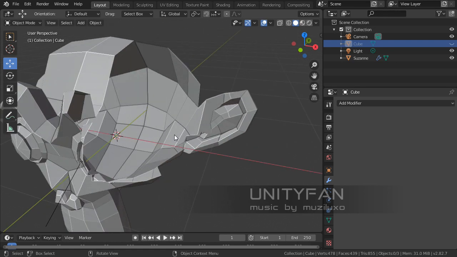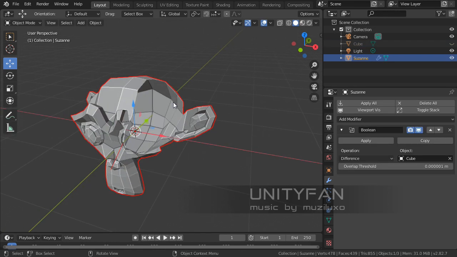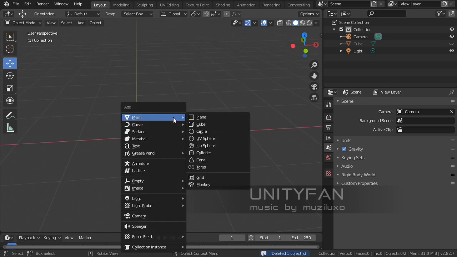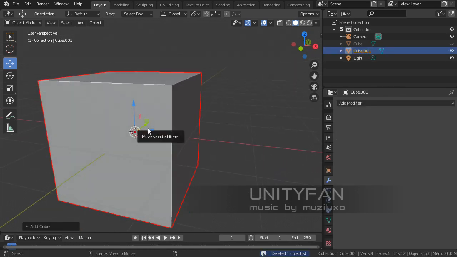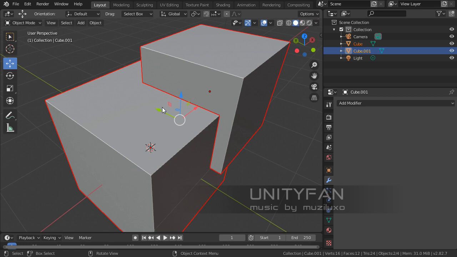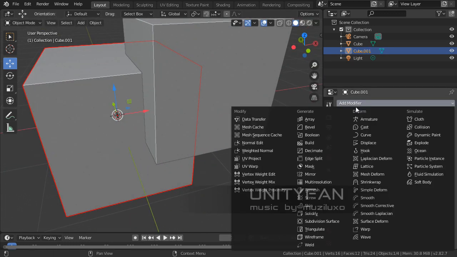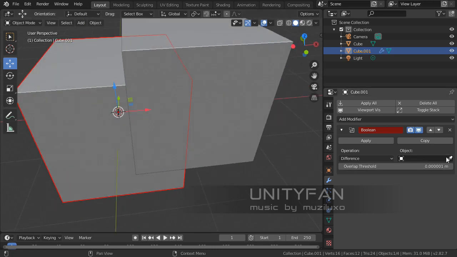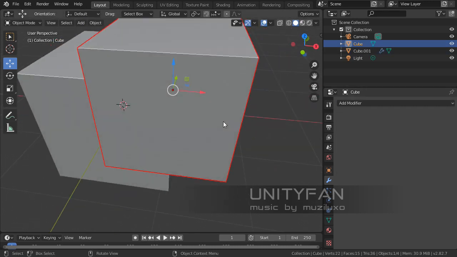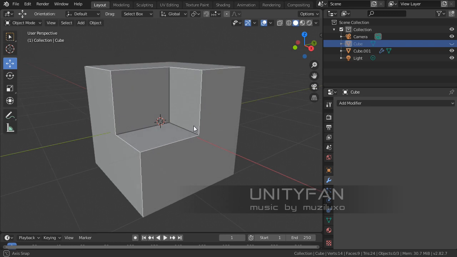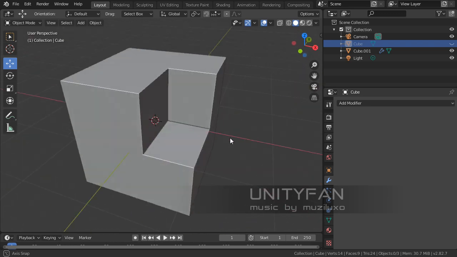And let me restart this thing with just another cube. Let's say we have two cubes. It works relatively well only on simple geometry. That is what it's supposed to do. Okay,